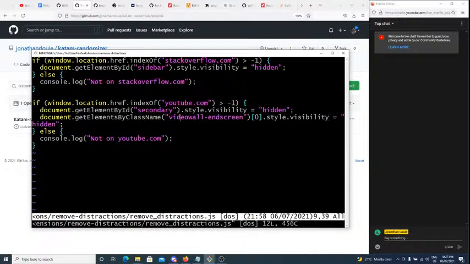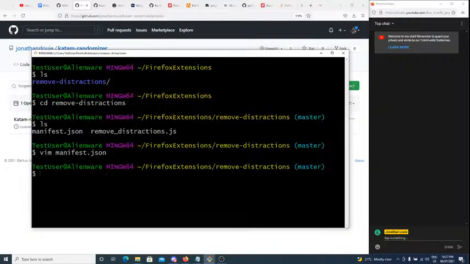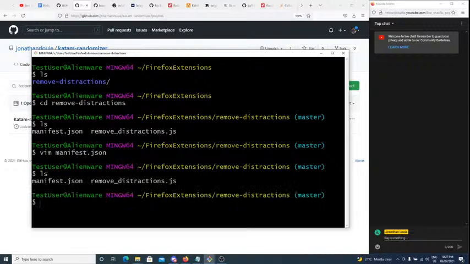So really, really simple scripting. This could be improved. We're doing redundant checks here. If you fall into one case, you definitely don't need to check the other URL here. But I don't really care. It's so basic. The performance hit is not non-existent, but it's so negligible you just never would notice it. So yeah, that's it. That's literally all you have to do to write a basic Firefox extension.